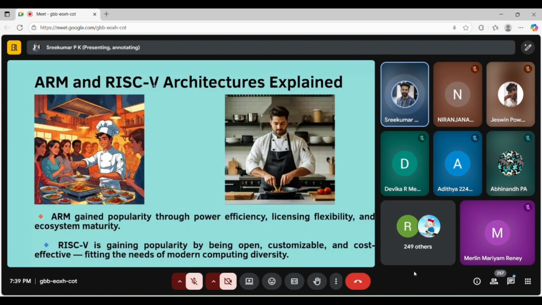I will explain it. ARM is a CPU, a central processing unit or microprocessor, from ARM Holdings. ARM Holdings is a company that designs. They are not manufacturing any chip.